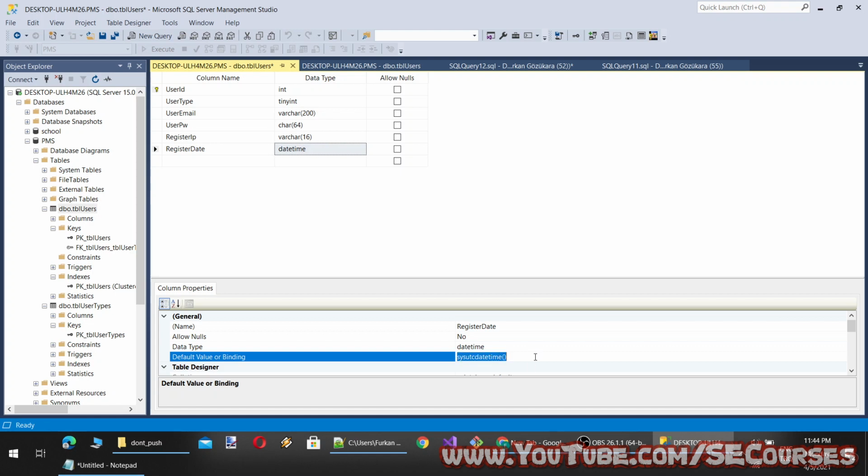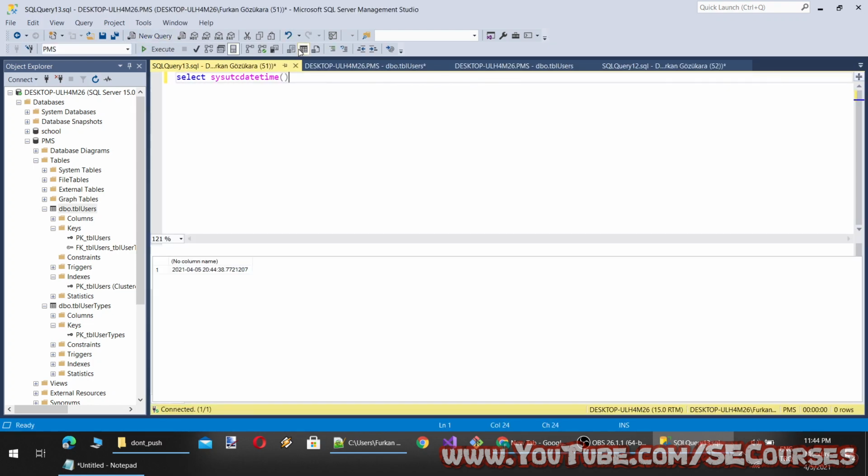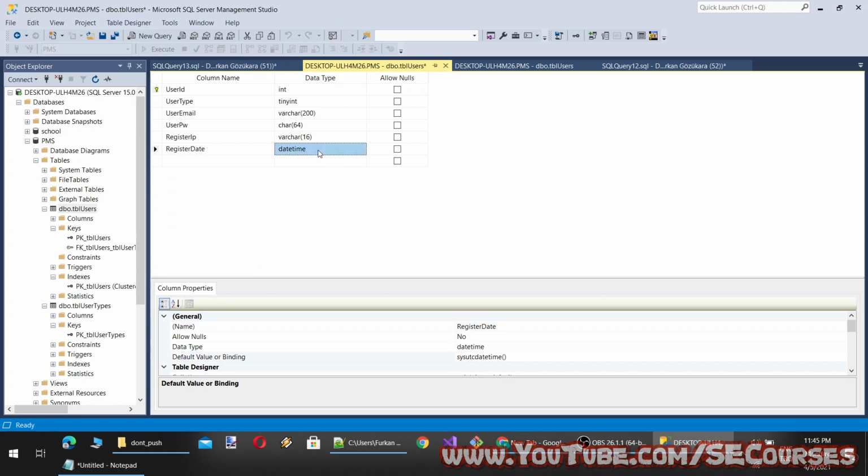Okay, this is a method of SQL Server. For example, if you type like this, you will get the UTC time. When you are working on a server, the time synchronization is really important. So I prefer to use UTC time for my programs, but you can also keep the local time as system date time. In that case, it will be dependent on your system time. So UTC time is better, universal. Okay.